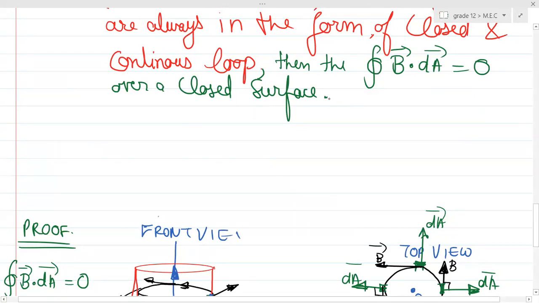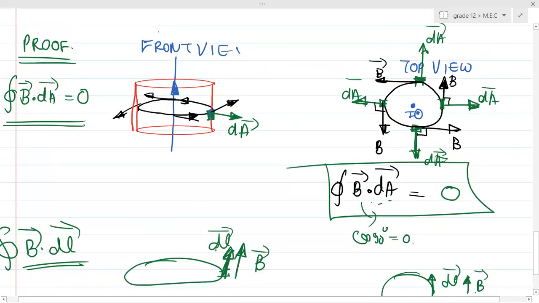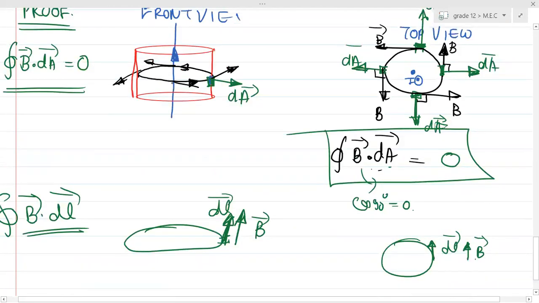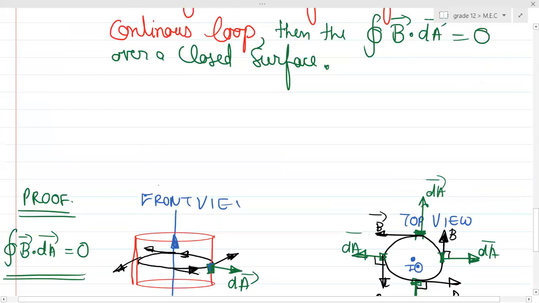Okay, sir. So let's see. Here over a surface it is becoming zero. I am telling you on a loop. On a loop, it becomes, okay, then it's fine. Whenever that part will become 0. Okay, sir, that is acceptable. But can you see, whenever we talk about any surface or any particular kind of surface, it will always be 0. So that's why B dot dl has to be used.